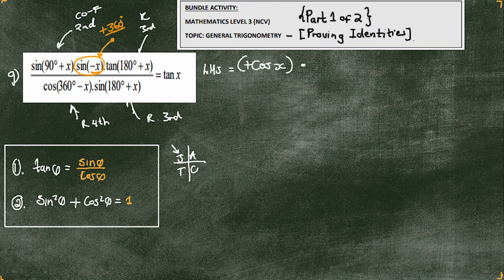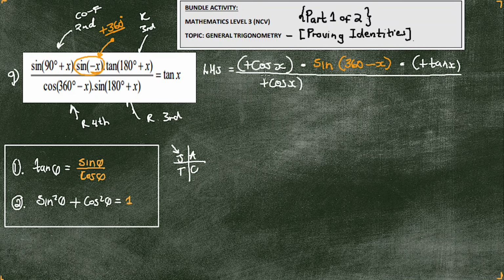So the sine now changes to sine of 360 minus x. I added 360, right? Then we continue. This is going to be a positive tan x over a positive cos x again,